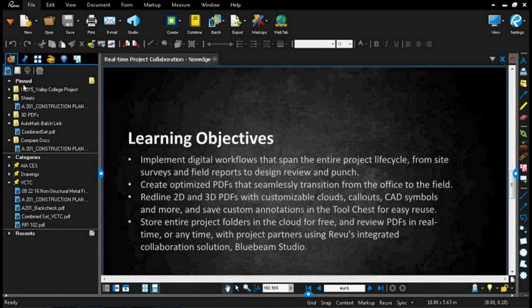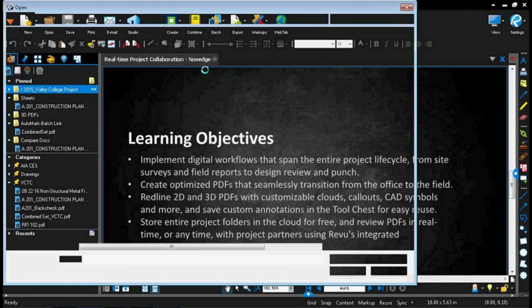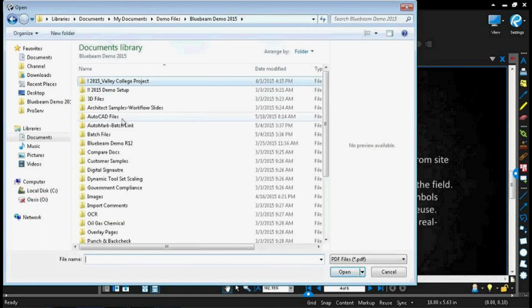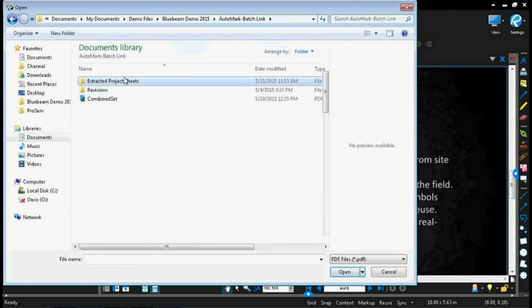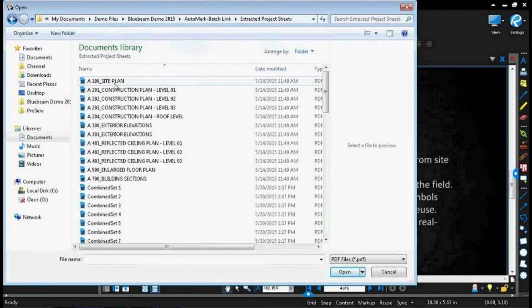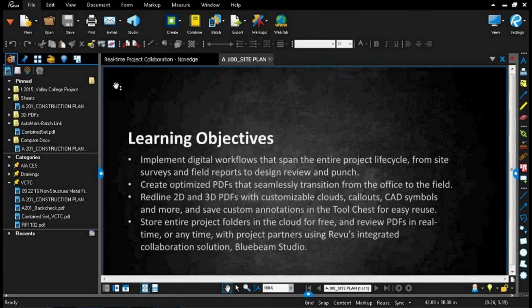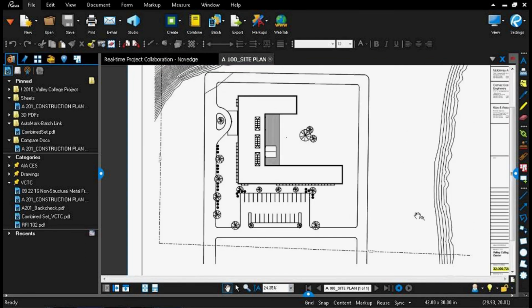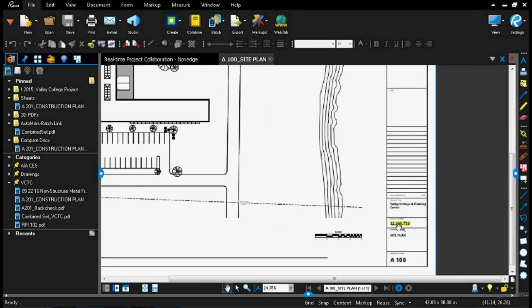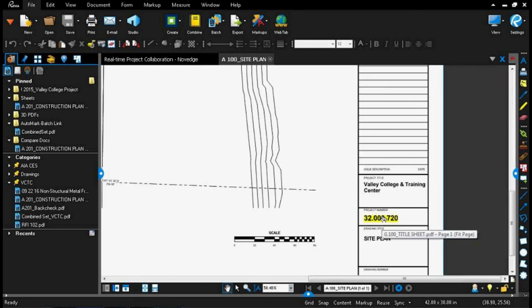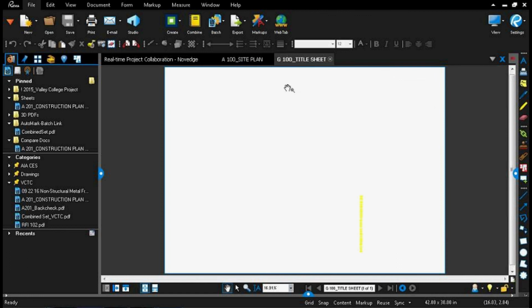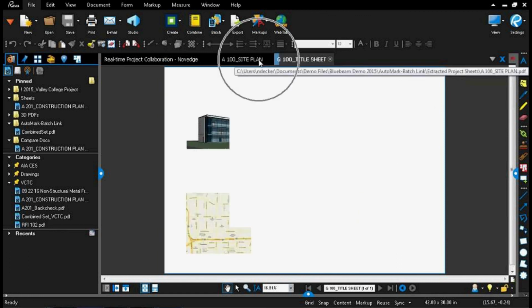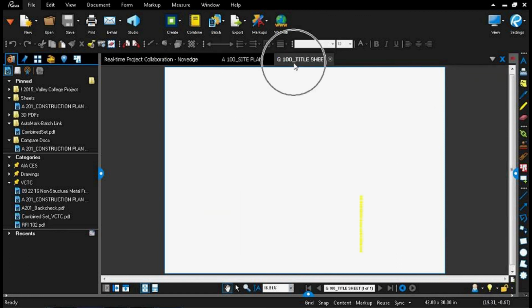So I'm going to come back to my file access and hop into that folder. Let's see here, extracted pages. And let me come to that A100, for example. So that is a site plan, right? There's actually no detail callouts, so I can't link to anything except for this home button. I want to be able to get to my G100, for example. I click it. It jumps me to the G100, and you'll note that it's opening a separate